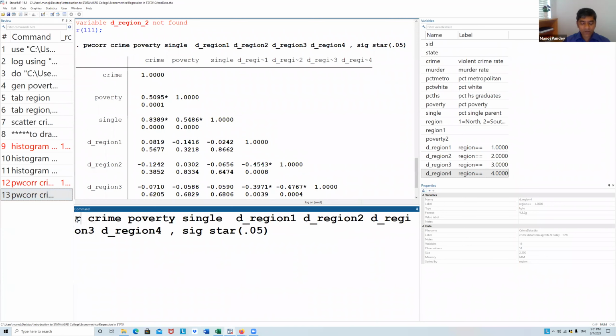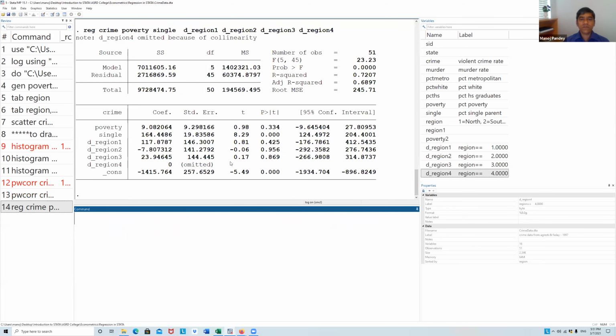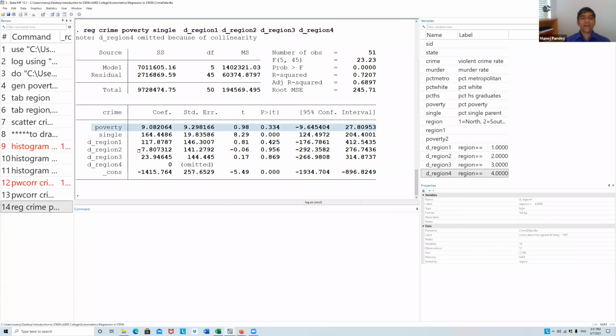So now let's start with the regression. So reg, then the dependent variable, and then I want poverty, single, and so on. So this gives me the OLS result. And here I found that poverty is not significant, region is not significant. The only thing significant is the percentage of single parents.